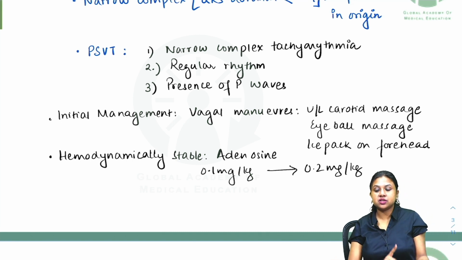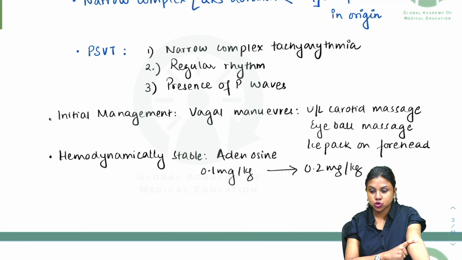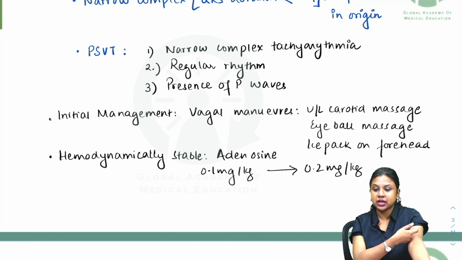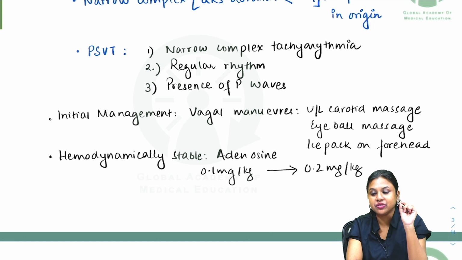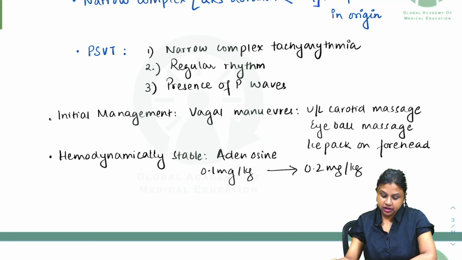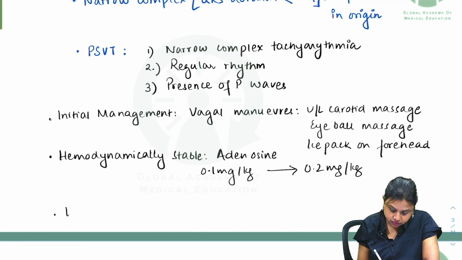Remember, adenosine is always given in a vein that is close to the heart. We usually prefer the antecubital vein and we insert a bivay. Through one we give adenosine and with the other we give a 5 ml NS because the half-life of the adenosine is very short, okay, and it aborts the supraventricular tachyarrhythmia and it's reverted back to NSR, that is normal sinus rhythm. In case of hemodynamically unstable,